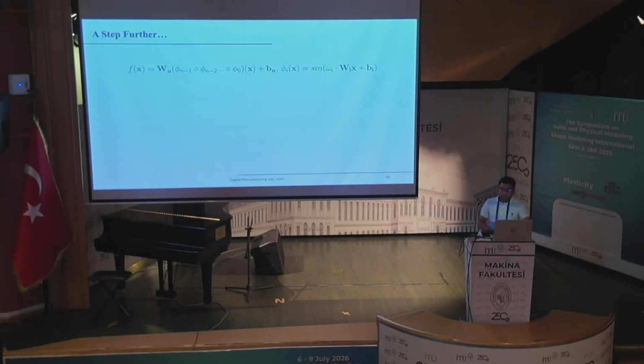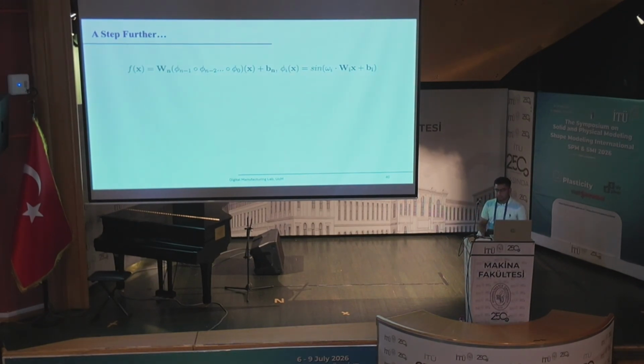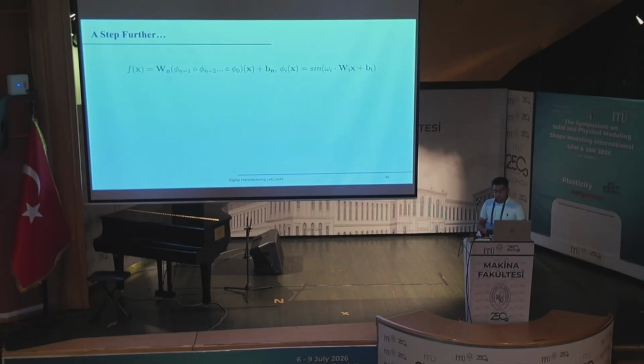A step further, I said that we use sinusoidally activated neural networks. This is the functional representation of the network, where we have a sine activation with a frequency term. This frequency term can be used to control how much information the network can express. But there has been a lot of work around this area, because we don't really understand how the frequency term affects our different manufacturability